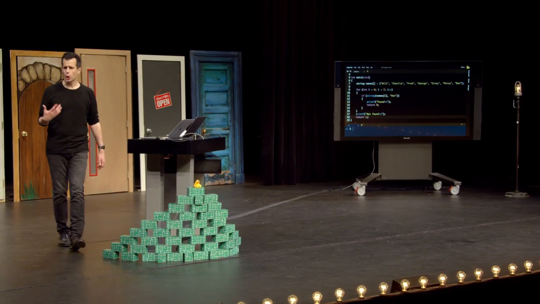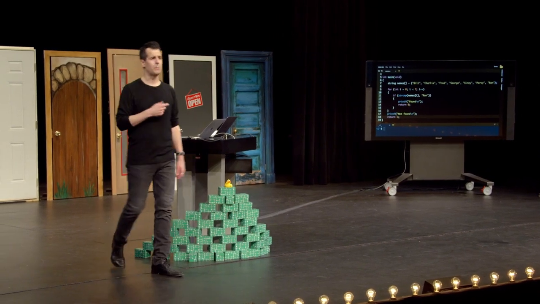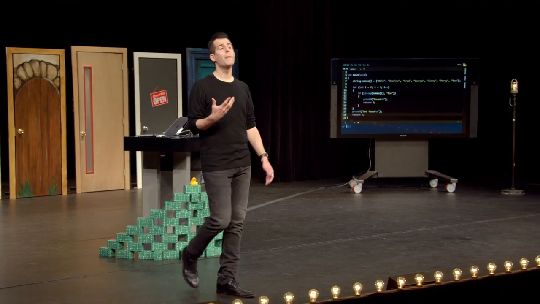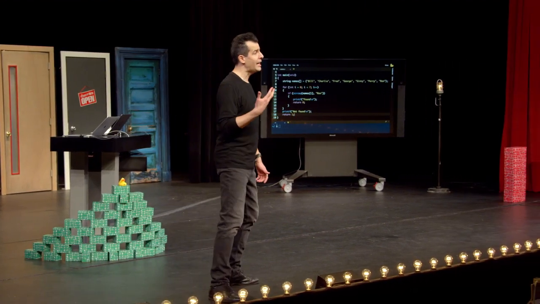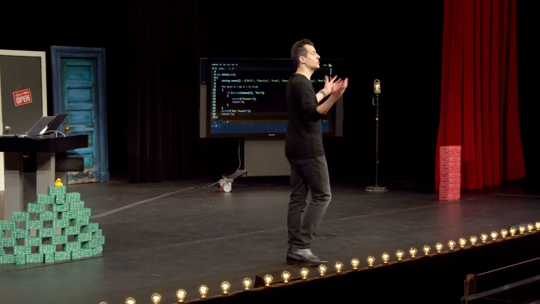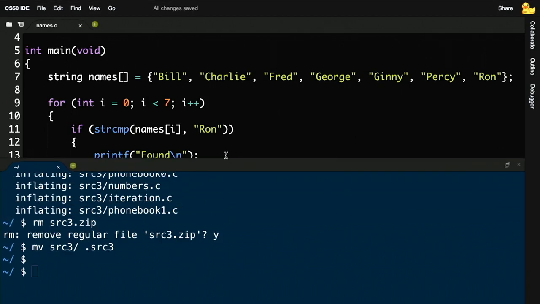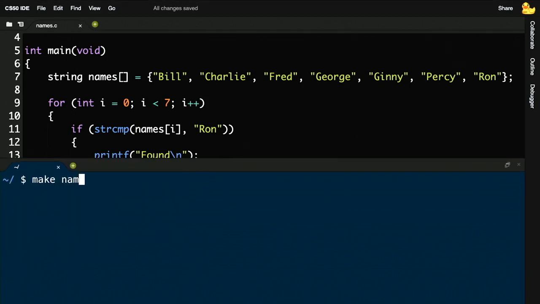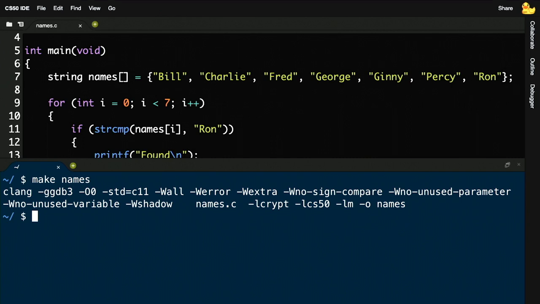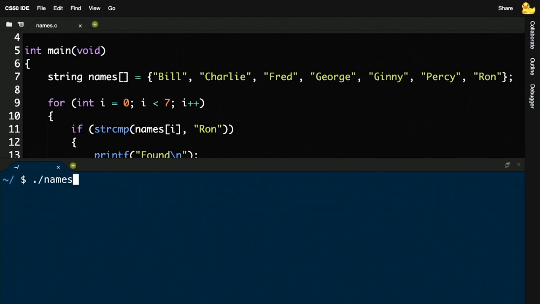So even though I've hard-coded everything, and to hard-code something in a program means to type it out explicitly, you could imagine using a command-line argument like last week to get users' input. Who would you like to search for? You could imagine using get_string to ask them who they would like to search for. But for now, just for demonstration's sake, I've used only Ron's name. And if I haven't made any typos, let me type make names, enter. So far, so good. ./names, and I hopefully will see indeed found, because Ron is very much in this array